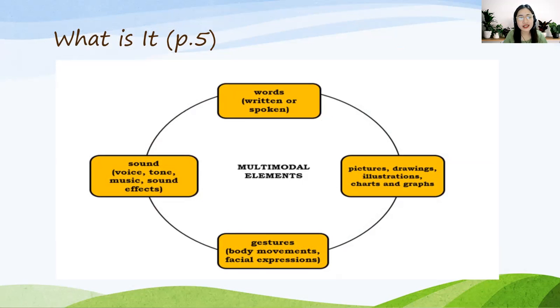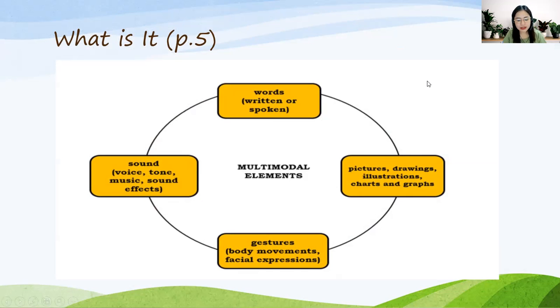Well, pwede na nating i-include yung pagbasa ko. The sound of my voice, the tone of my voice is also an element because I've read it. Okay? These different modes of communication are also called multimodal elements. That's the technical term for this. I hope you get that.